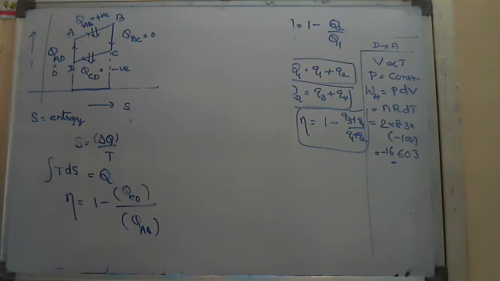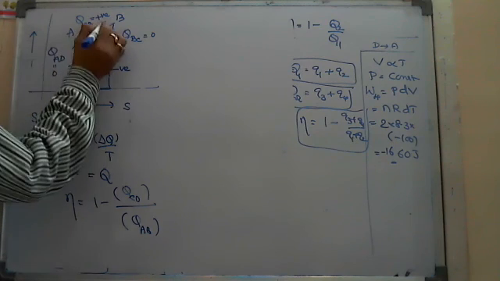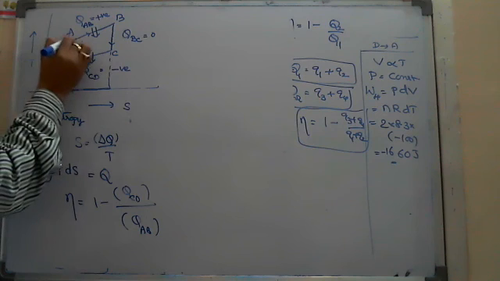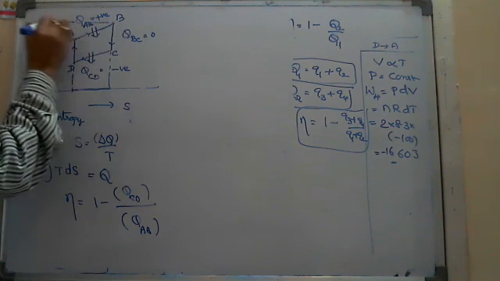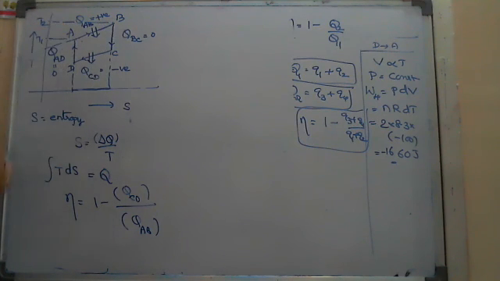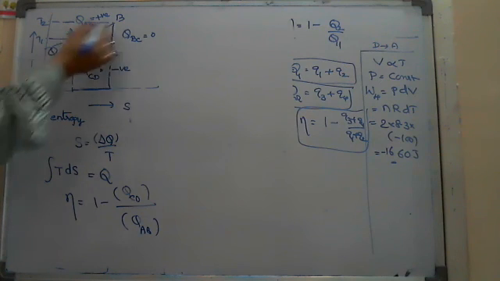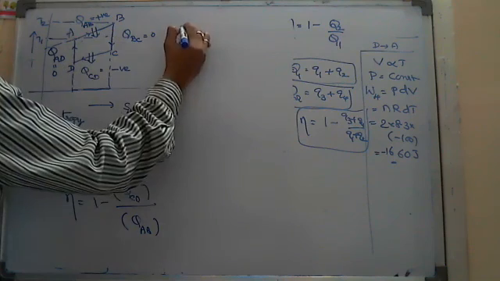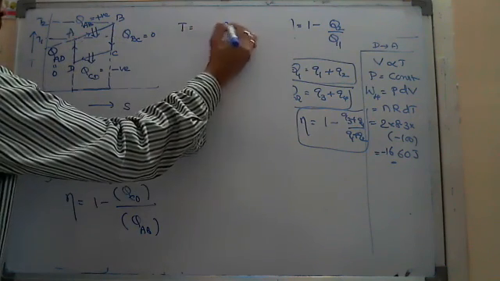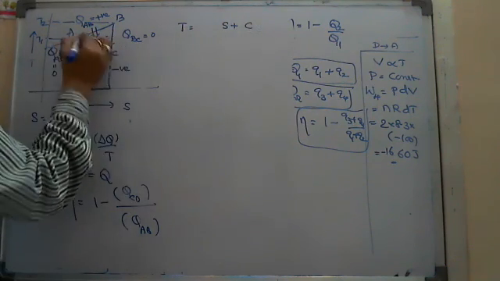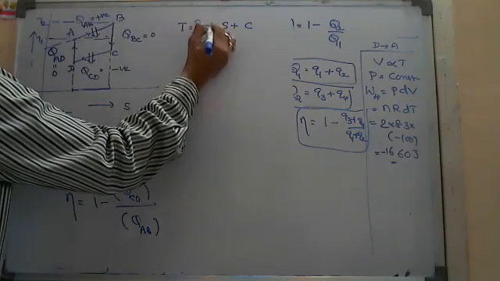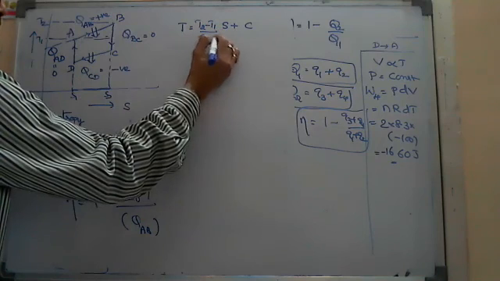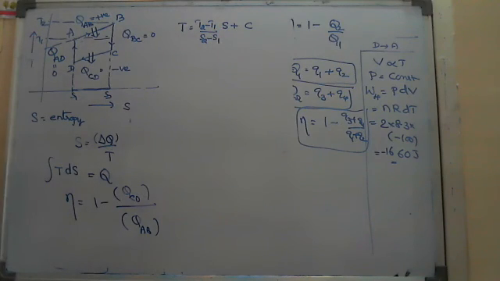Here, how to get that heat, sir? Simple. It is a straight line somewhere intersecting here. And suppose they give the temperatures here and there, like T1 and T2. Then you can write the equation for this straight line. We have a positive slope, so you can write y is equal to mx plus c. Slope is equal to T2 minus T1 by, here this is from S1 to S2, S2 minus S1. That is the temperature.